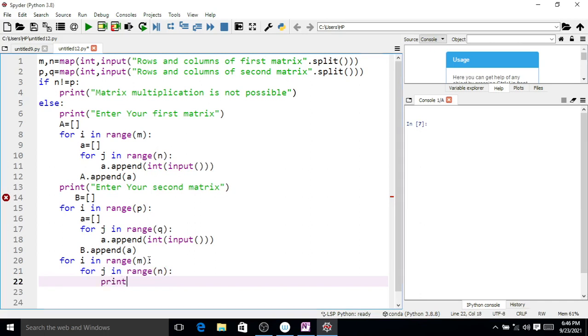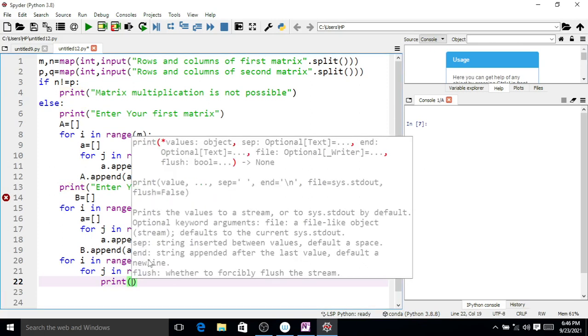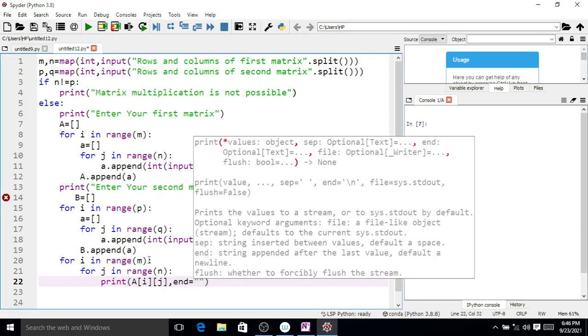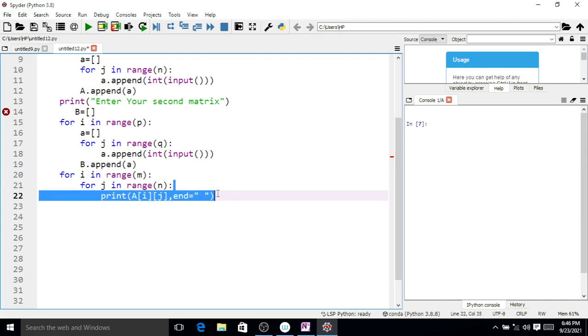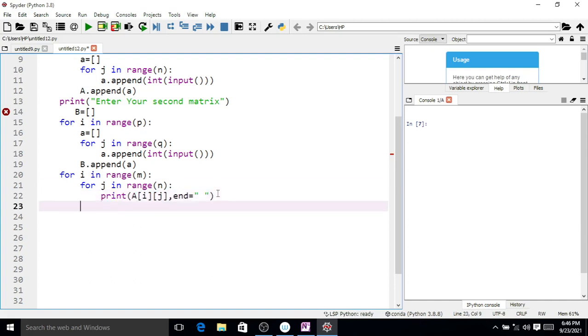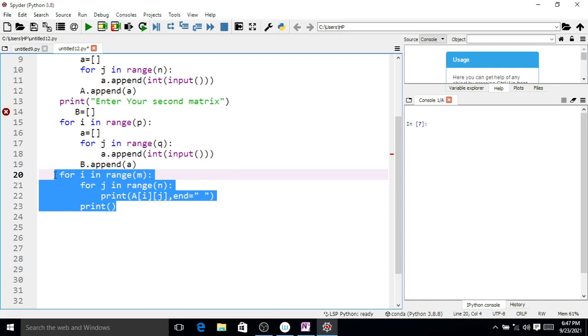So print A[i][j], then after each variable entry we want to display some space. After each row we want to display a new line, so print new line. So here we have displayed the first matrix.